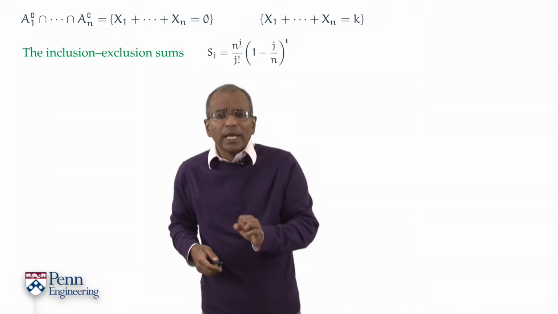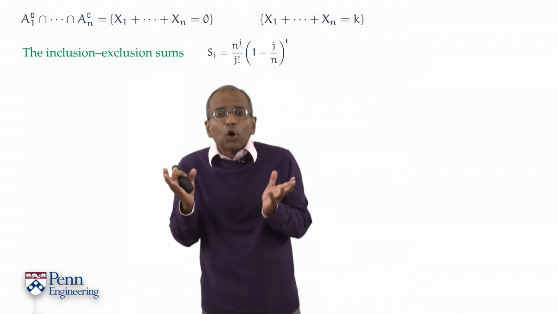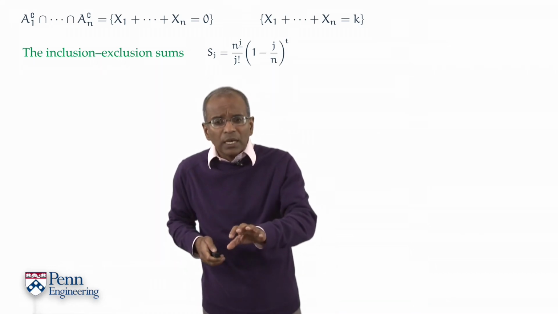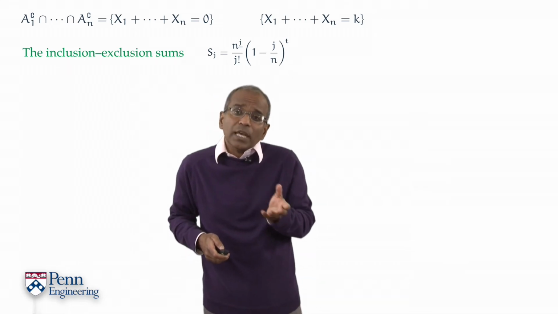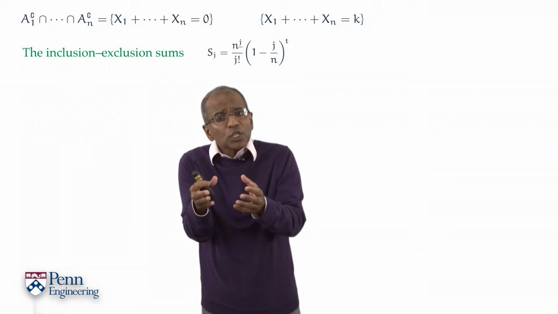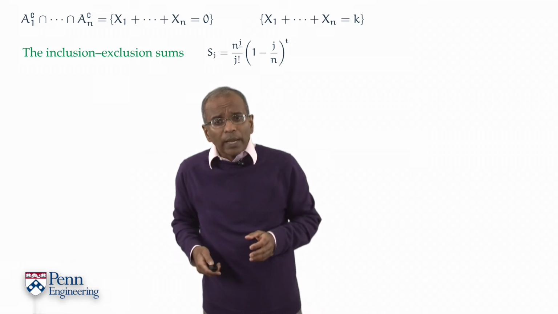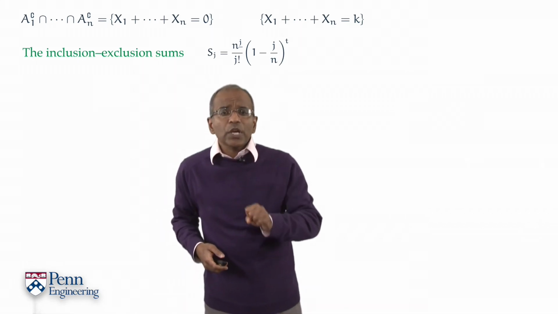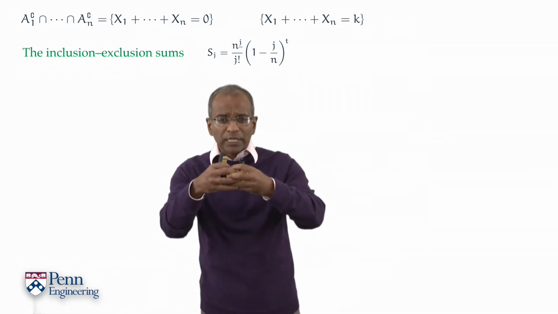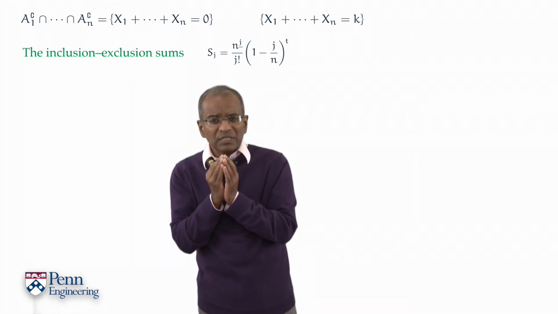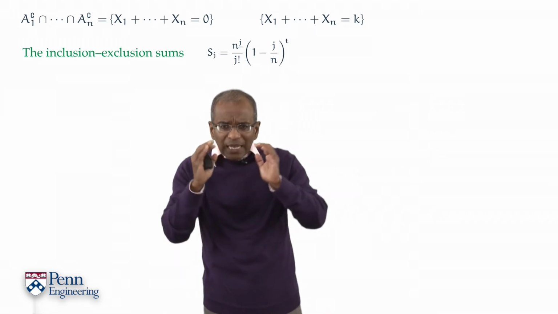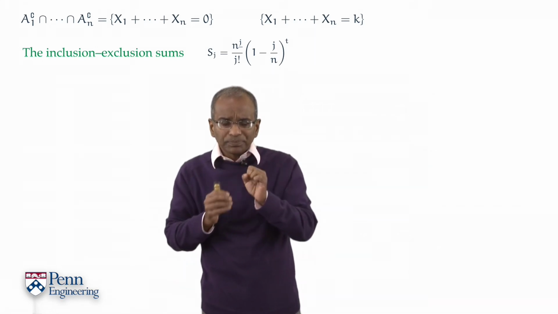It's a little more complex than what we saw for the problème des rencontres. But no matter, it's still an elementary functional form, and with luck, if we're good and say our prayers at night, this might collapse in some nice and compact way. Let's take a look. We want to look at the inclusion-exclusion sums, and we've got an explicit formula for it. Admittedly, it's looking more cumbersome than we would like. But let's take a look at that power.